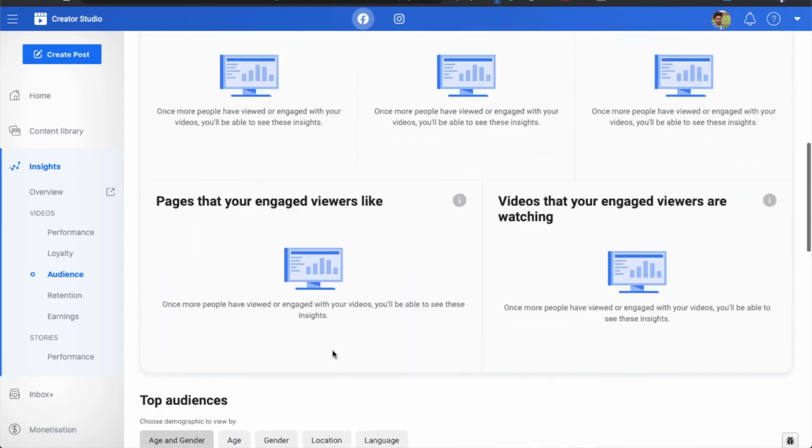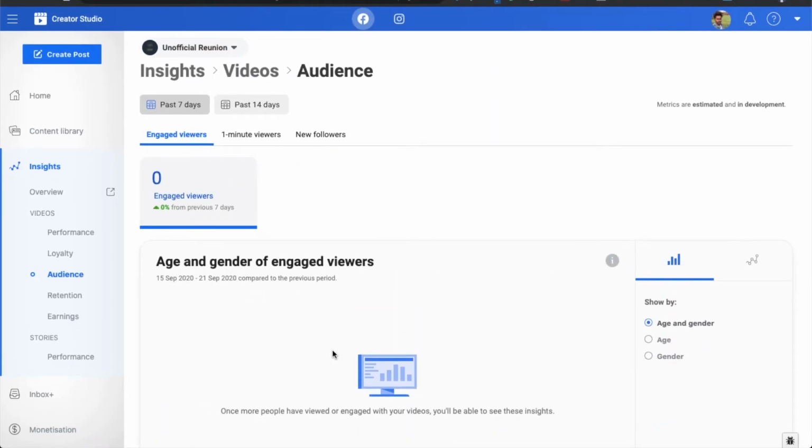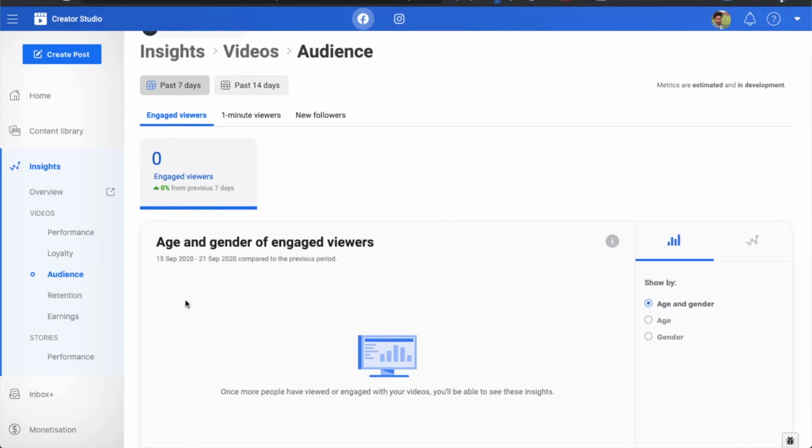From here you can build a customer persona, after posting a lot of content you can get a good amount of data. You can build a customer persona, and with the help of that data you can design content as per that user persona. That is a very handy thing.